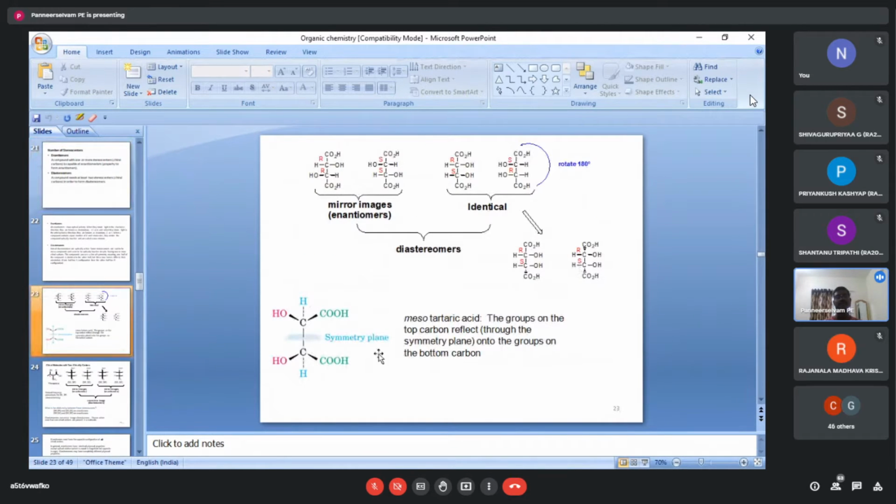For example, what about tartaric acid, the meso compound, meso tartaric acid. You see here the structure: we take a plane intersecting the middle of the structure, with one original structure and reflection 2. Here also 3 original, reflection 4. What about this structure? This is for tartaric acid, both also enantiomers, optically active, here also mirror images.